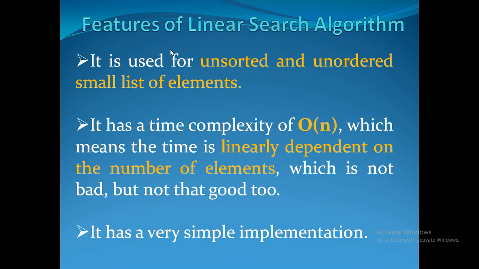It has a very simple implementation that we already discussed. You can write a simple program for this, because it is a very simple algorithm, because we are comparing one by one. So what you have to do is just use a for loop and compare all the elements in the list, and if the element is available in the list, then we will send a message that the element is available at location 0, or index value. Location represents the index value.